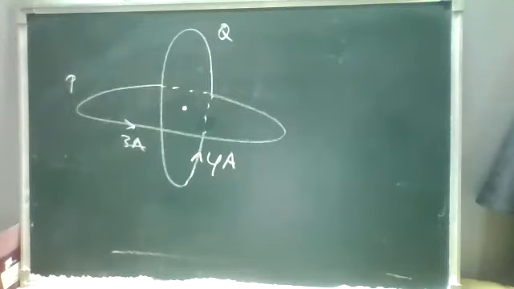Two identical loops P and Q, each of radius 5 centimeters, are lying in perpendicular planes such that they have a common center as shown in the figure. Find the magnitude and direction of the net magnetic field at the common center of the two coils, if they carry currents equal to 3 amps and 4 amps.